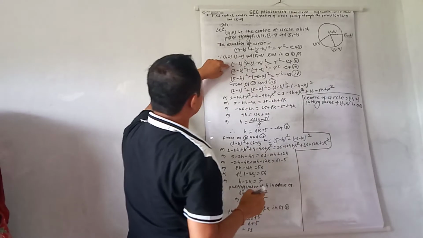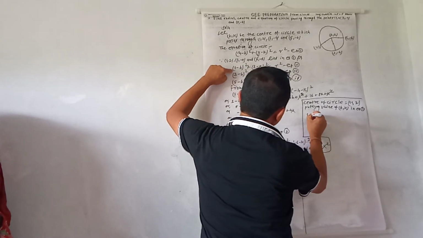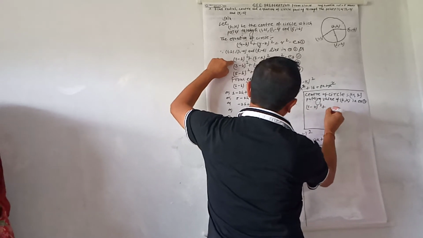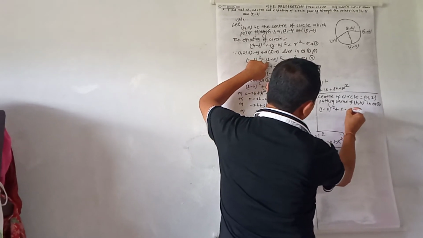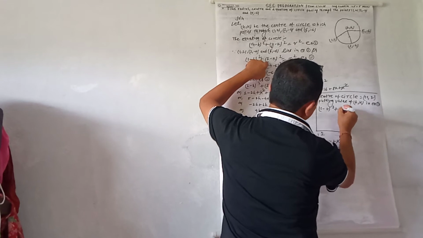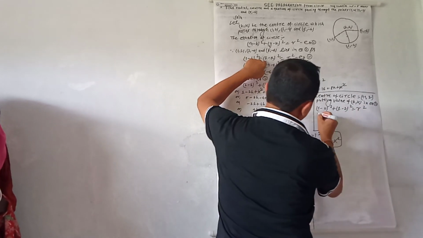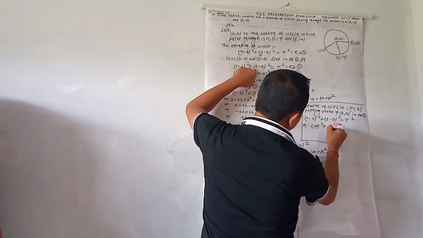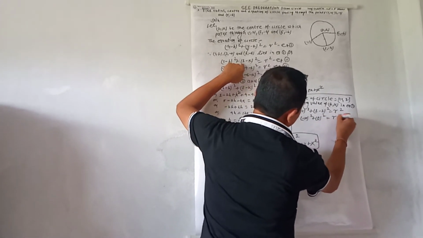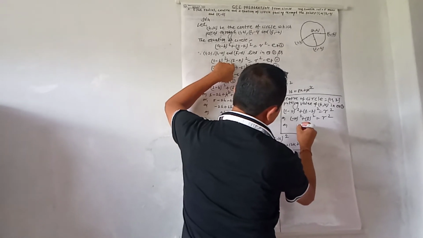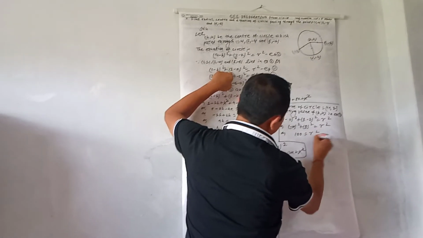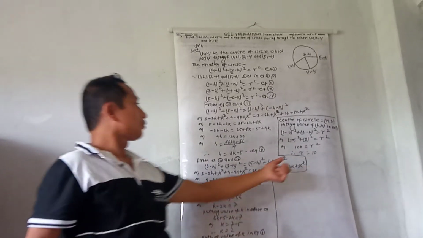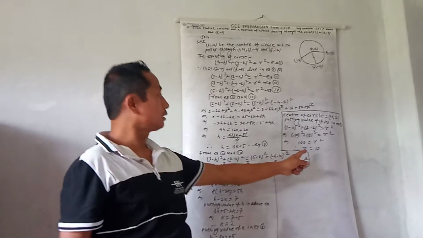In second equation you put, then 1 minus h, value is 11. 1 minus 11 whole square plus 2 minus k, value is 2, whole square is equal to r square, or minus 10 whole square plus 0 whole square is equal to r square, or 100 is equal to r square. Therefore, r is equal to 10. So, radius of the circle is 10.